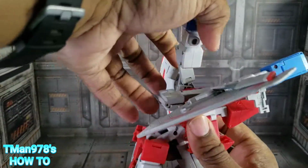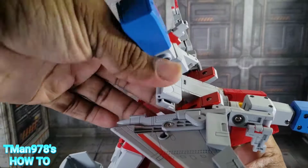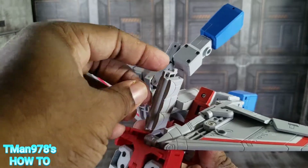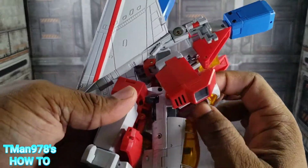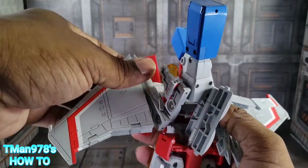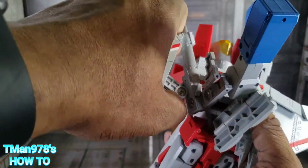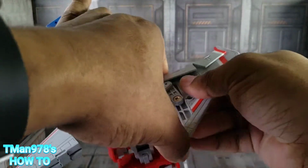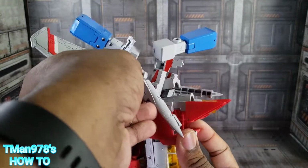And now we should be able to, it accordions to the back with several layers of tight hinges. You can rotate this and straighten that up to get it out the way right now. You may as well just open this. It opens better when you have the wings out the way. And here's another step. Get these out like this, both wings on this hinge. Make sure that this is aimed forward,